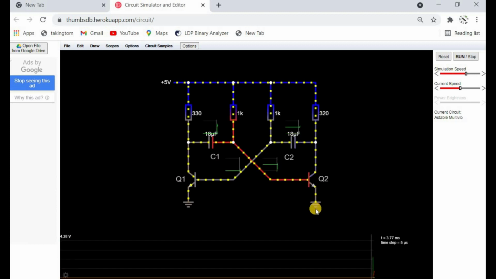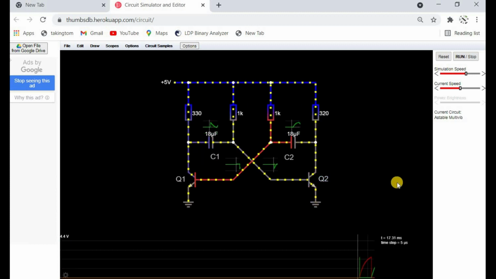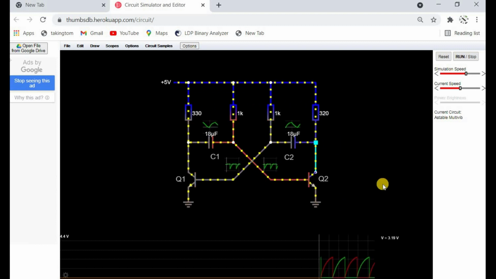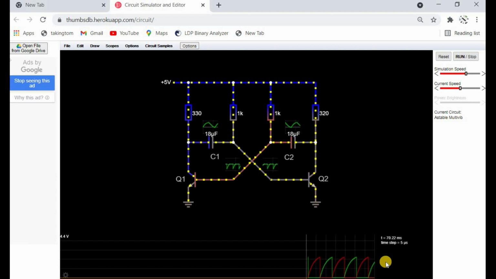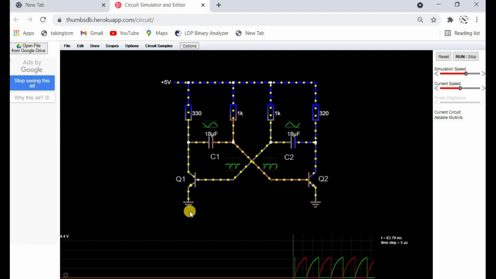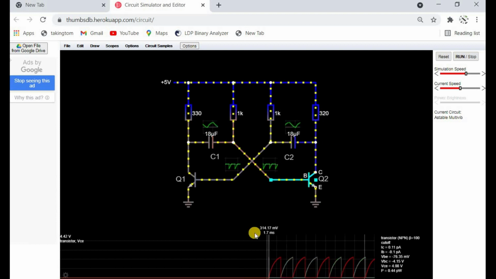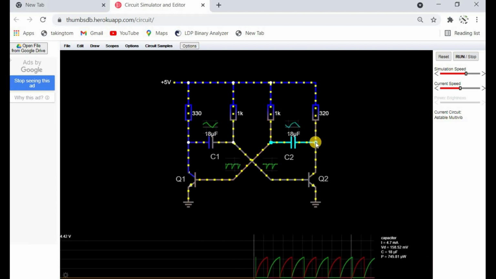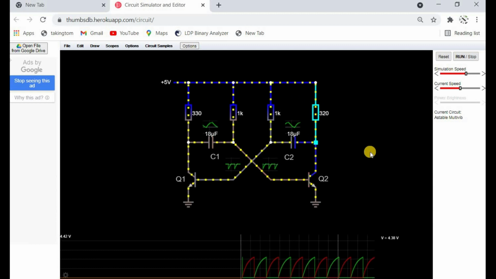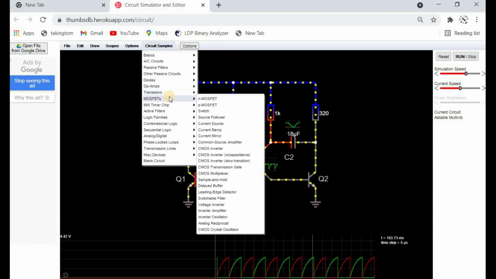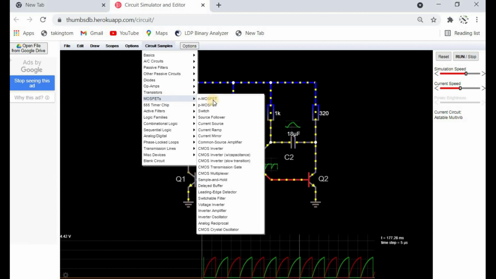Similarly, using transistors, we have a number of circuits here. One of the popular ones is the astable multivibrator. When you open it, it will show you the output of your astable multivibrator. Again, in the manual mode I will show you how to connect a CRO and how you can change these waveforms. So at the output, if you want to see the square waveform, then you will have to make some adjustments. That I will show you later on.